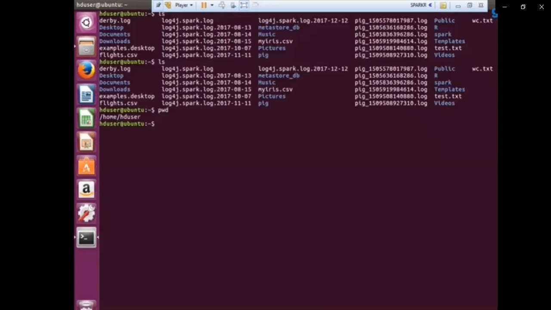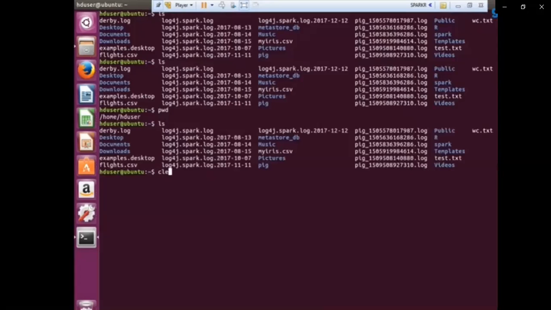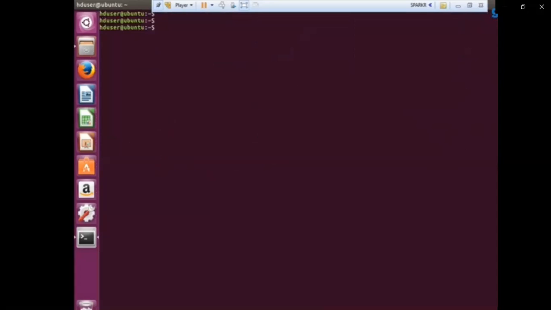So here physically Ubuntu is not having any partition, but logically HDFS is trying to take some space in the hard drive of Ubuntu. In this case, HDFS is going to create a folder in my Ubuntu operating system and going to put data in it.